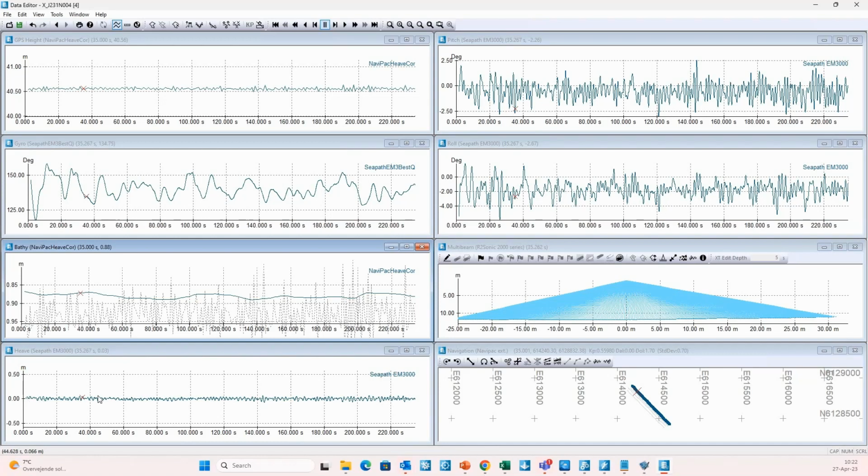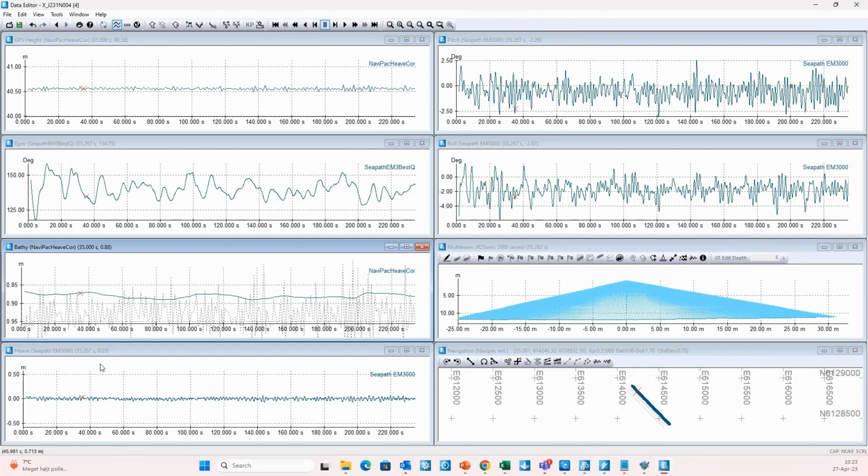So we add those together to get the vertical movements. That's why we are subtracting the heave from the RTK height, so we can smooth, and then we add the heave afterwards in post-processing in NaviModel. So this is basically handling of something like this in